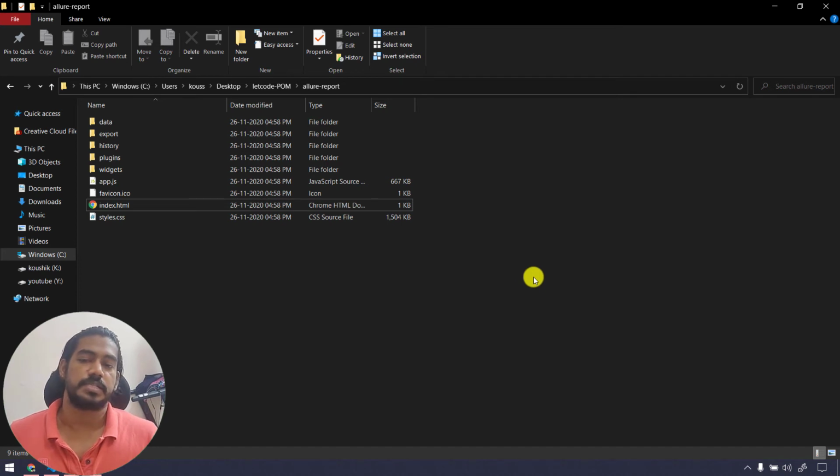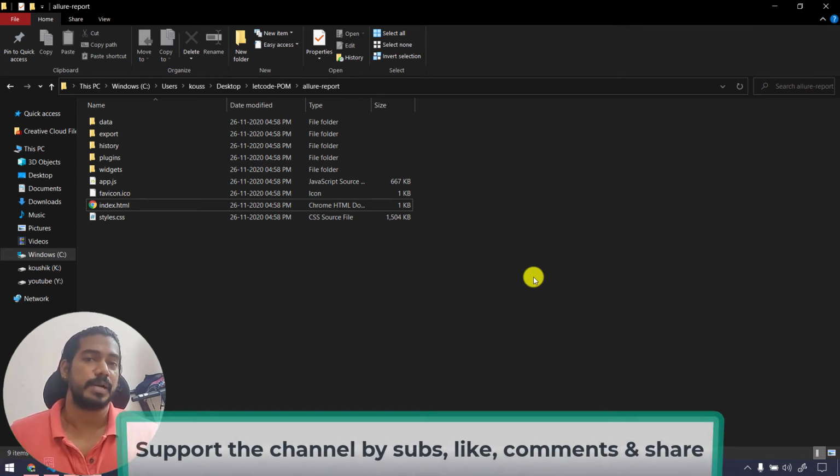So for example, let's say that we are going to run our test script and it's going to succeed or fail, whatever the result is, we have to share the report. Of course we can send this Allure report, we can zip it, we can mail it, but still the problem is in their machine, whoever is going to see this, let's say your manager or the team lead or the client itself, they should also have this Allure command line in the system. Then only they can open the reports.